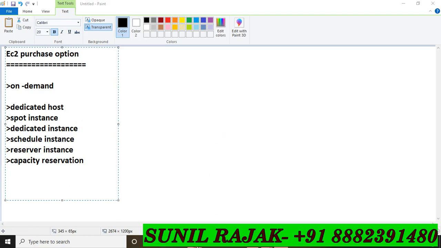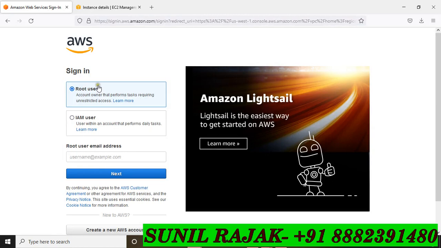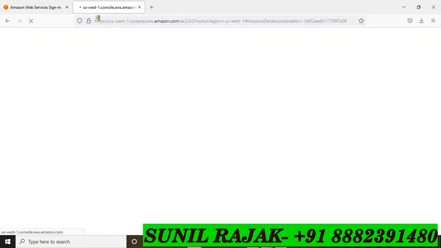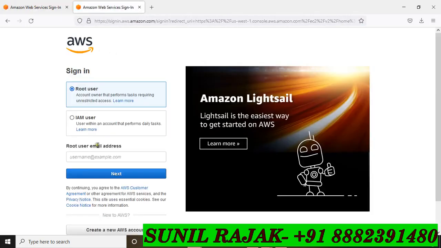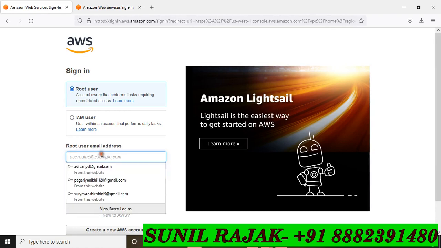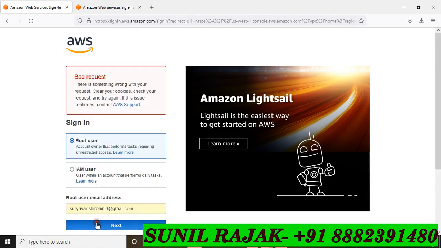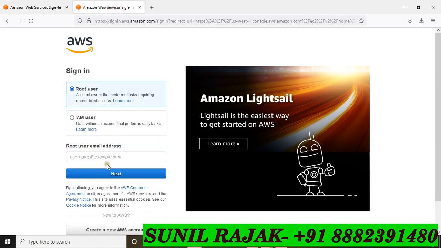So friends, easily you go to your console section. And here I am going to log in. Easily you can see. So just understand how you can launch your EC2 instance. So there are different types you have as an option. So I am going to log in to my account. Then next, okay, sorry, here I'm going to open